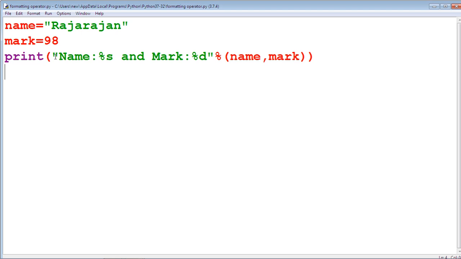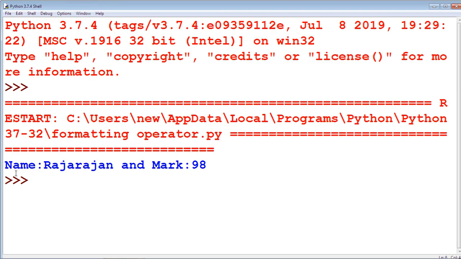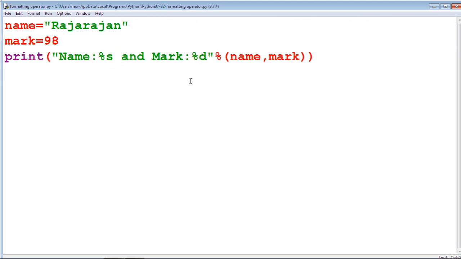See this format: this is the formatting string, followed by percentage, followed by name comma mark. Run this module by using run module. Then we get name colon Rajarajan. Instead of percentage s, Rajarajan is printed. Instead of percentage d, 98 is printed. This is the example for the formatting operator percentage.